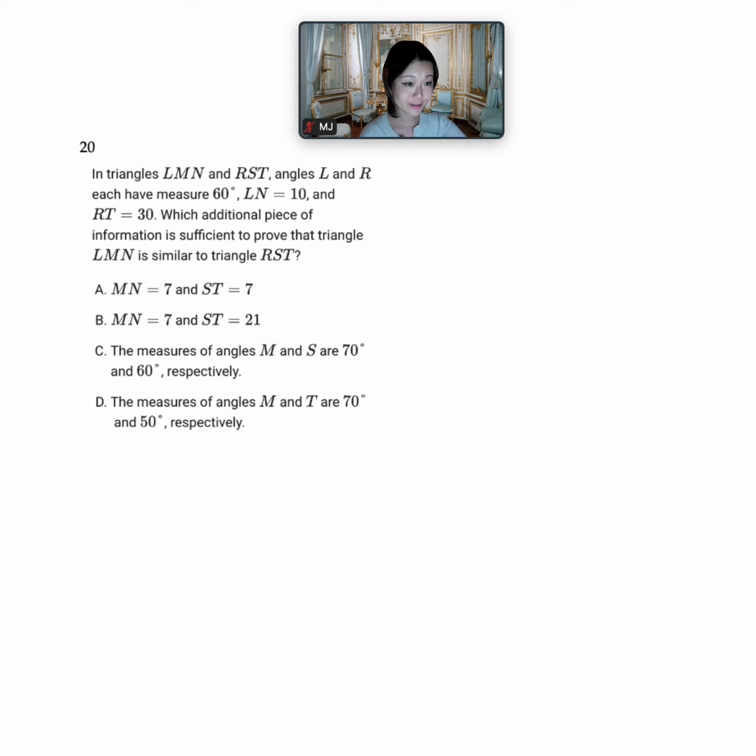Similar triangles. In case you guys haven't been playing around with these recently, I'm going to give you a little rundown on the three similar triangle theorems. So we have side, side, side. In other words, if one triangle has exact proportionate sides to the other triangle, for example, if you have side lengths of 1, 1, 1, and these all get multiplied by 3, then that means you have similar